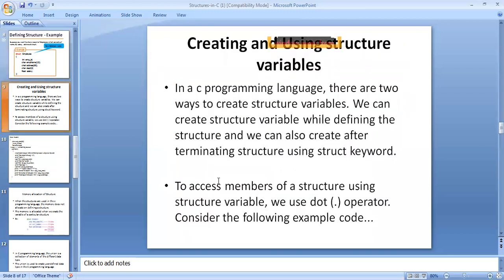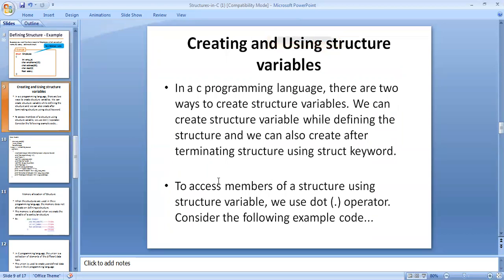Another way is after the main function is defined; it is a local declaration, or within the function also. But for both, global declaration or local declaration, we compulsorily use the struct keyword to access members of the structure using the structure variable.